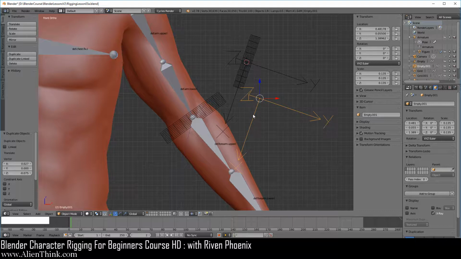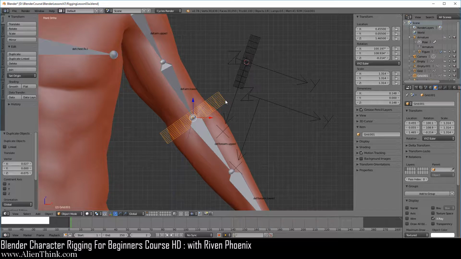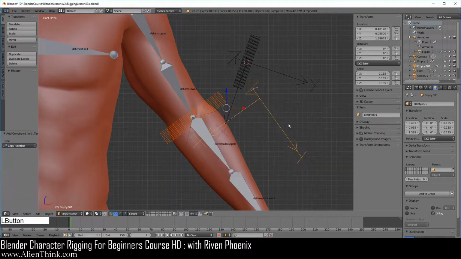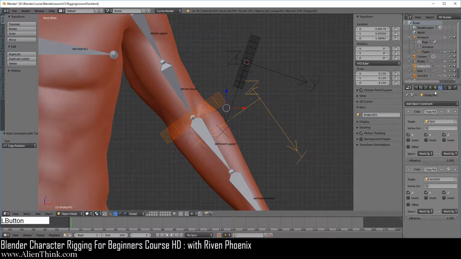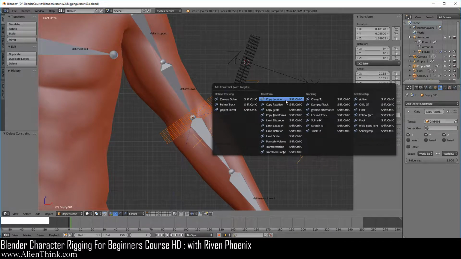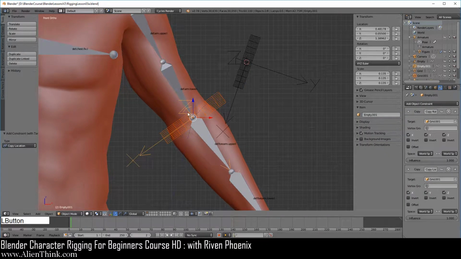And what we're going to do is actually copy the rotation of this. Click on this, press the shift key down, and click on this one, do shift control C, and just do copy rotation. Okay, now we're going to go over here and just remove the previous grid. Now of course we're going to just do shift control C since we have them still selected, and we're going to do copy location. So it'll appear over here.